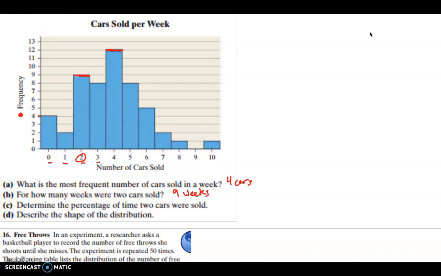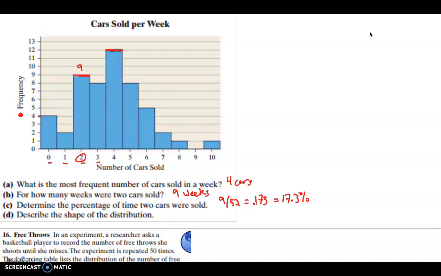Okay, to determine the percentage of time 2 cars were sold, that was 9 weeks out of 52 weeks in a year, which is approximately 0.173 or 17.3%. So that would be the relative frequency of 2. Again, because you have 52 weeks, and there were 9 weeks up here, we take 9 divided by 52, and that gives us 0.173